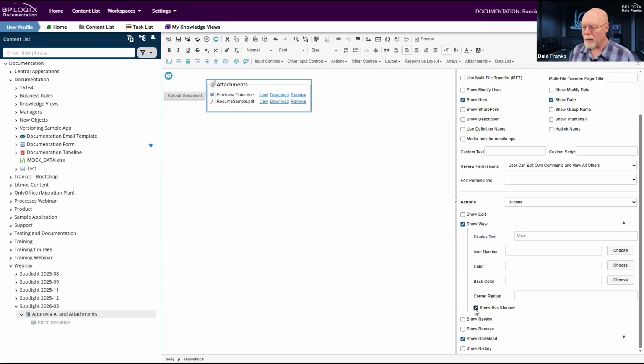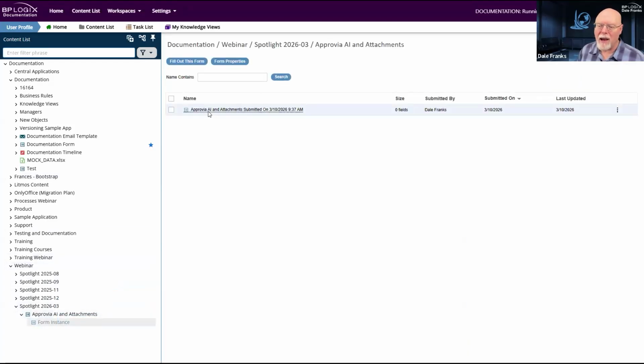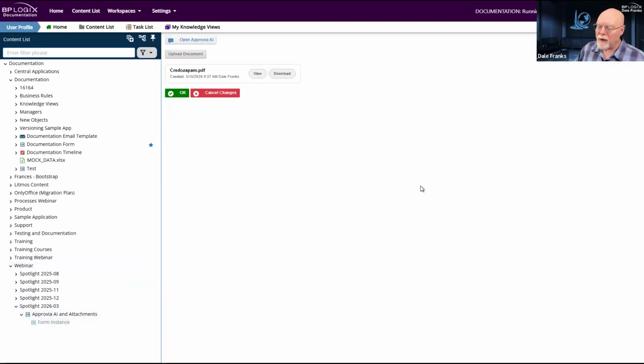And in fact, all of the button controls now have all of these properties here. So you can now get a much more granular level of control over how the show attach works. And as we just saw a second ago, even if we don't configure anything, and I haven't configured anything, I still get a relatively attractive look at this document attachment, and I get nice buttons here.